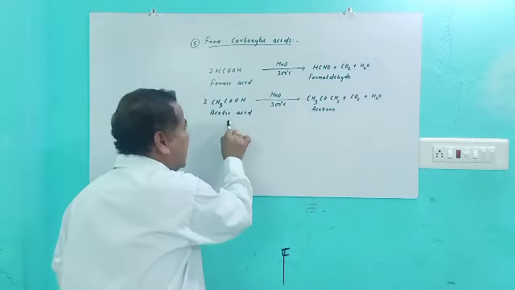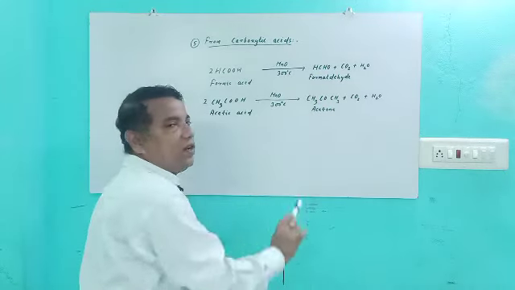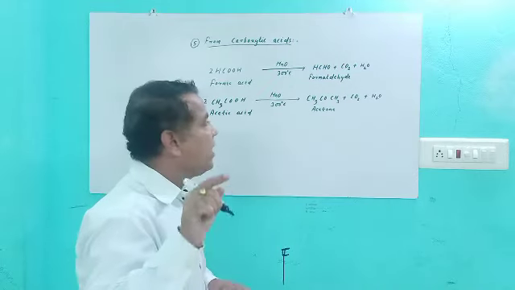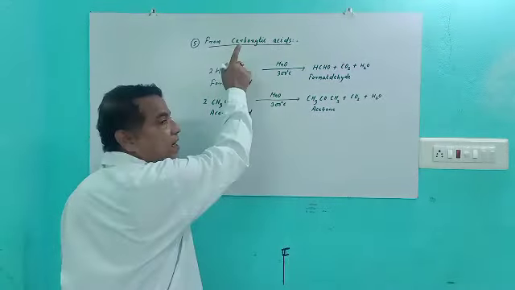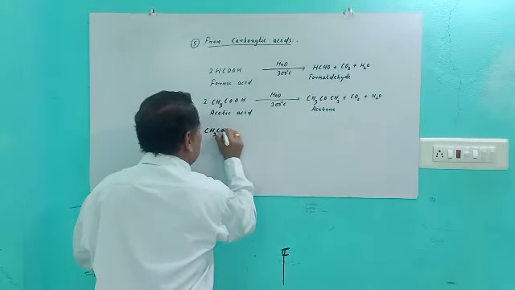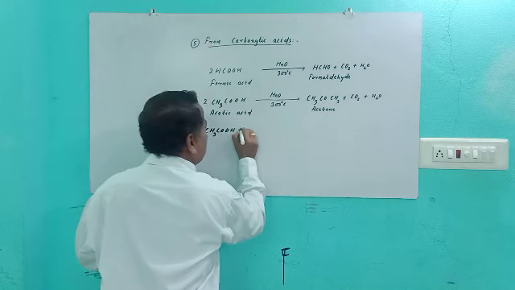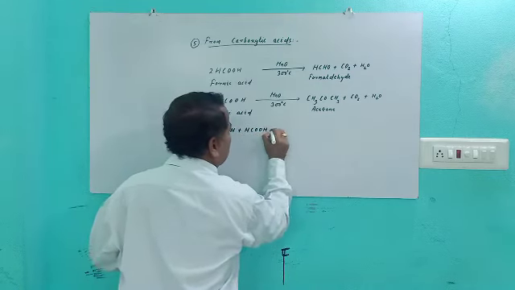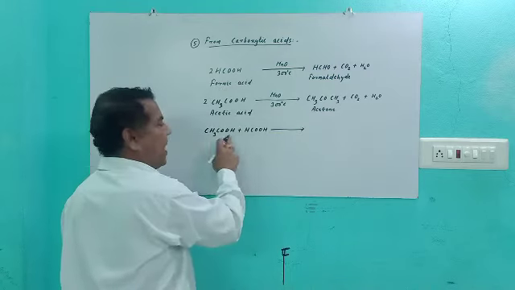If you take acetic acid, acetone is formed. Similarly, if you take a mixture of two carboxylic acids, acetic acid, CH3COOH, and formic acid, HCOOH, and pass it over manganese oxide at 300 degrees centigrade,